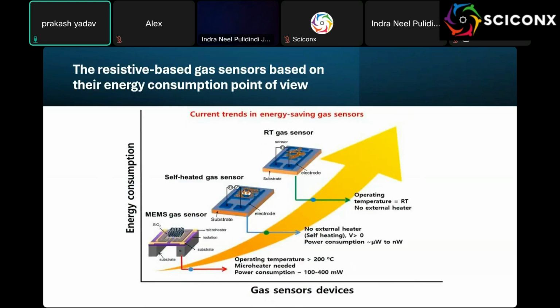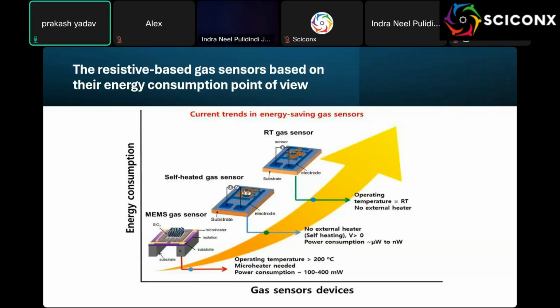And the RT gas sensor, the room temperature sensor, will not require the external heater, and it operates at room temperature. So when we are talking about gas sensors, we want to develop the room temperature type of gas sensor, but it is not possible because each chemical has certain properties, and